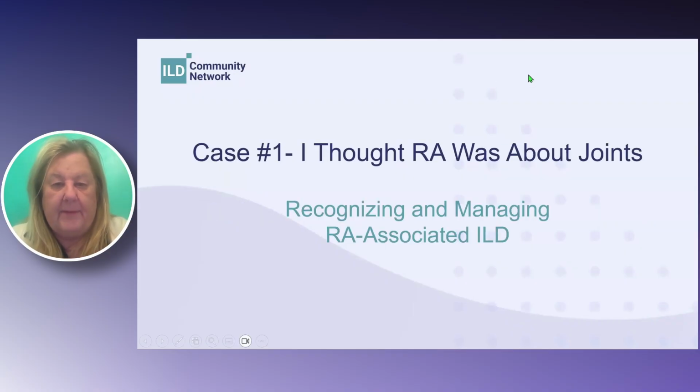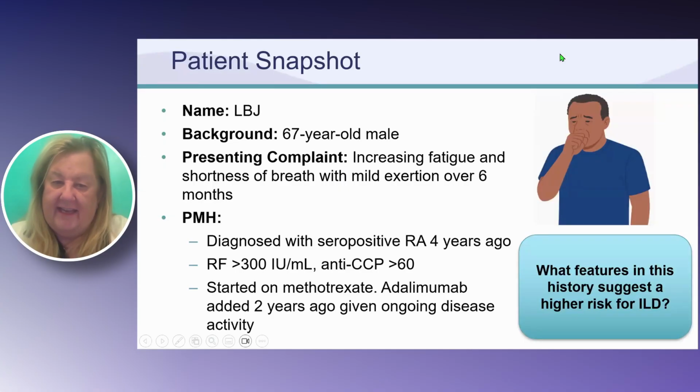The case that I'm going to start presenting: I thought RA was about joints. So we're going to recognize and manage RA-associated ILD. This is LBJ, a 67-year-old male, complaining of increasing fatigue and shortness of breath with mild exertion over 6 months, something that